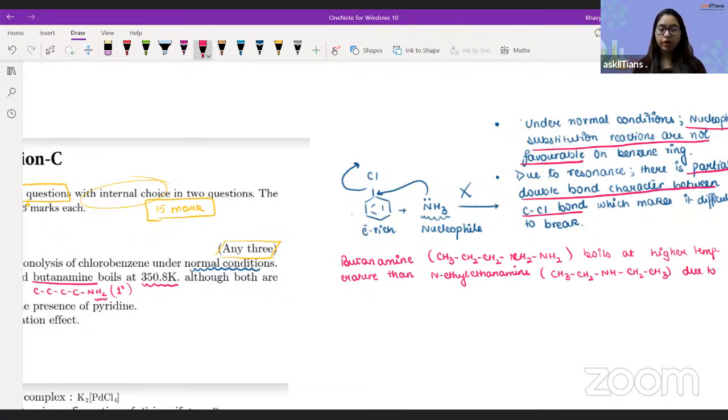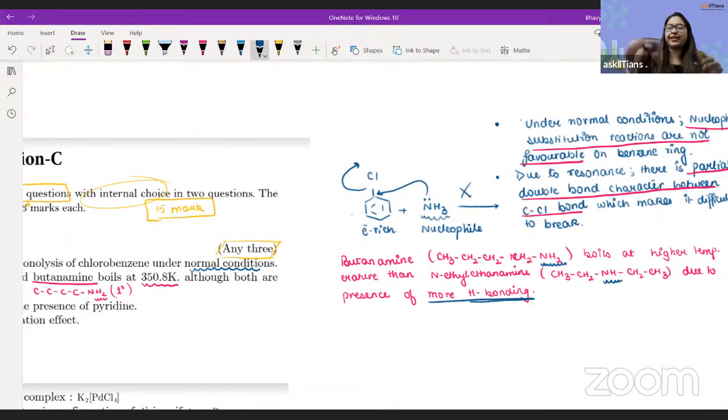Due to presence of more hydrogen bonding, or due to its tendency to undergo more hydrogen bonding. Right here, hydrogen bonding or more hydrogen bonding is the key. And what you can also do is you can make sure that this part is visible. You can highlight this part